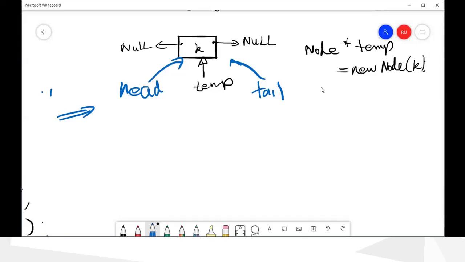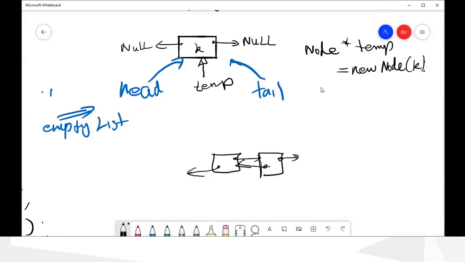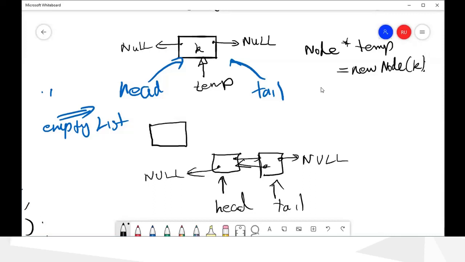We don't know how many, but we will have some. This one will be the head, and this one will be the tail, and we will have the new node somewhere, and this one will be temp.